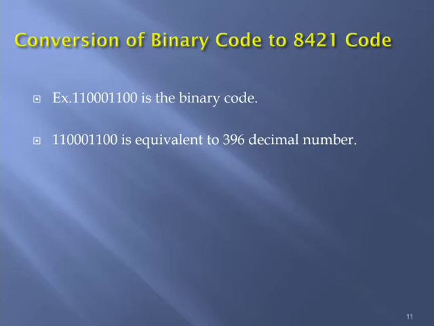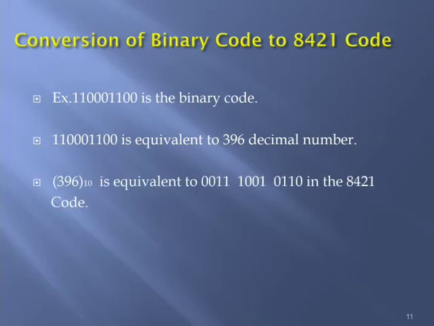First, multiply each bit with respect to its weight. It will be 2 to the power of 0, 2 to the power of 1, 2 squared, 2 cubed, 2 to the power of 4, 5, 6, 2 to the power of 7 and 2 to the power of 8. So multiplying with the respective powers of 2, you will get the corresponding decimal number.